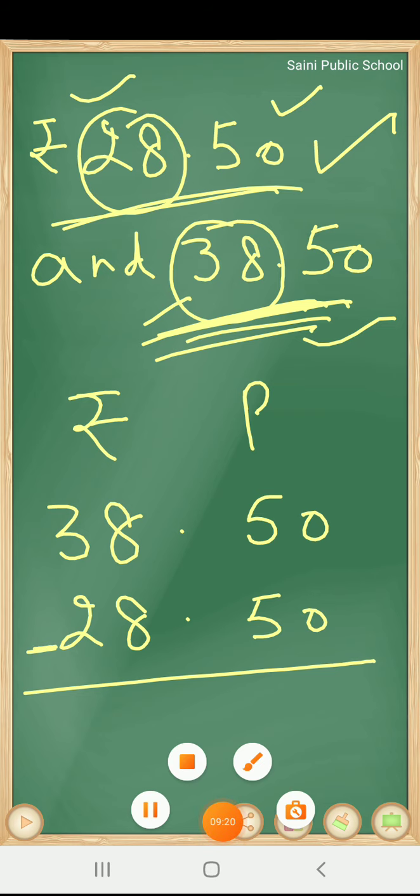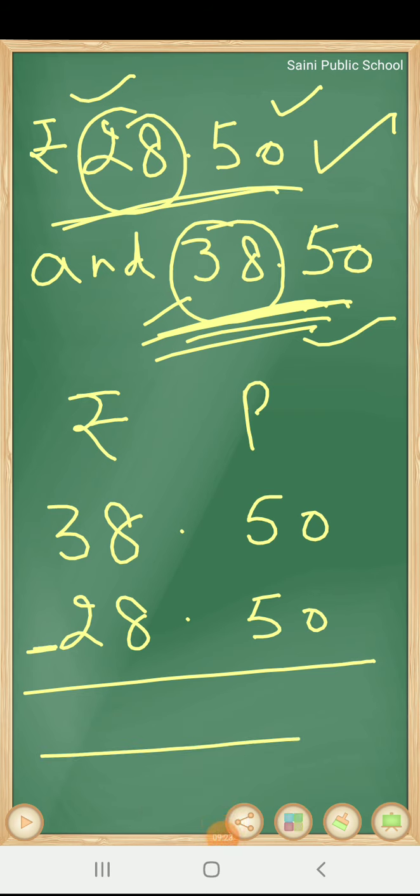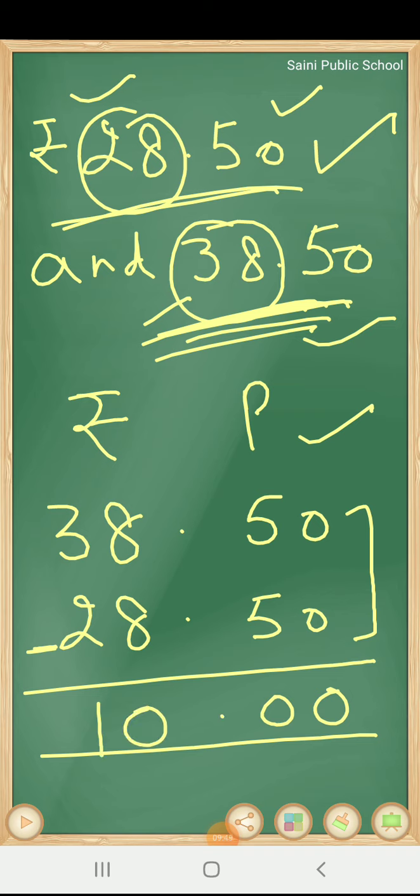First of all we will subtract these two numbers. You can see we will always subtract from the right side. So 0 minus 0, here 0. Now 5 minus 5, here 0. 50 minus 50, 0. So our paisas place is complete. Move to rupees. 8 minus 8, 0 and 3 minus 2, 1, and here is the point. So our answer is 10 rupees, because this place is 0, so there is no paisa, only rupees.